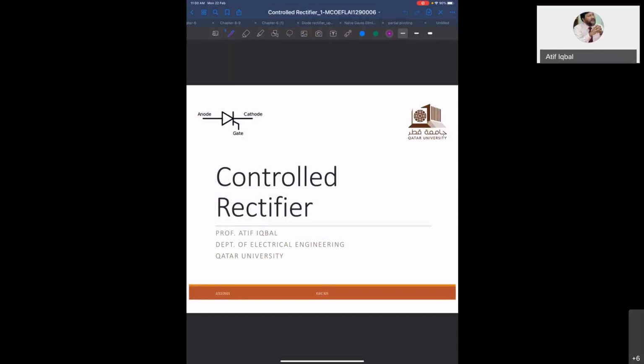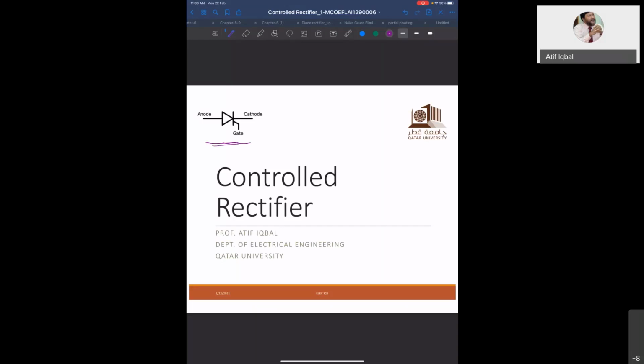Okay, so we finished the diode-based rectifier that is used for conversion of AC to DC. The next is the controlled rectifier, where we can use the controlled devices to build a rectifier. So this chapter will be on thyristor-based rectifier, and as you know, in case of thyristor, the conduction